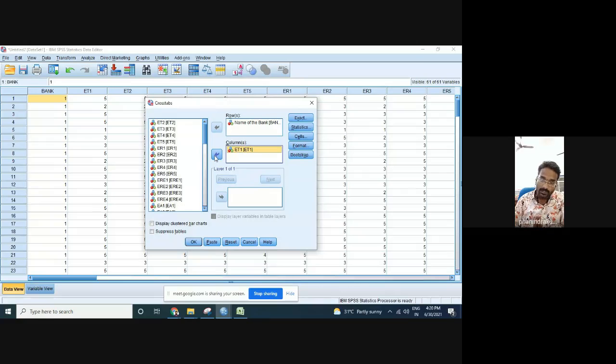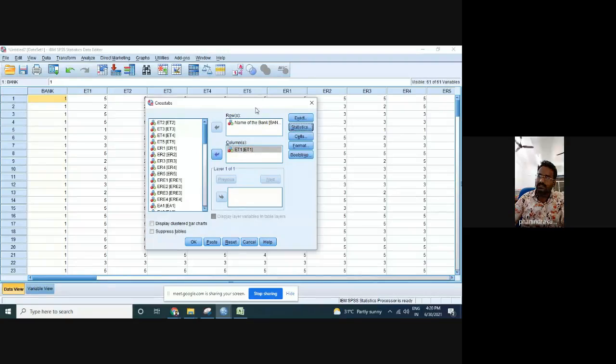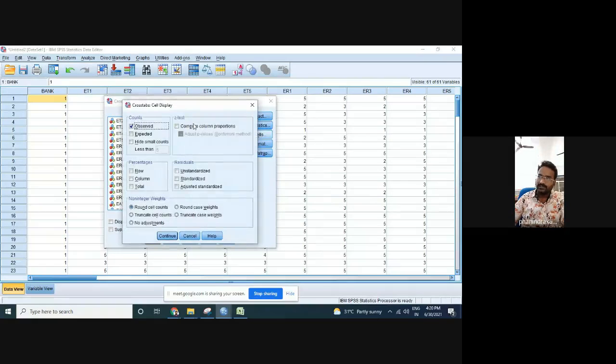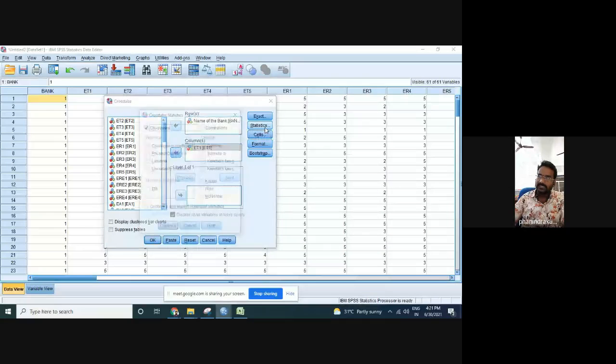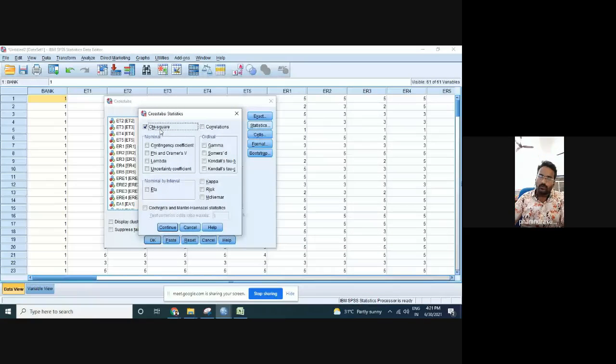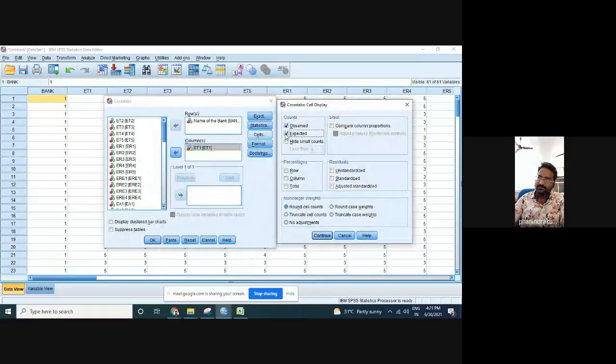That's why it's better to remember this. You need to identify the observed and the expected variables first, then only move on to the chi-square. Then click on chi-square, then continue, and then go to the Cells. Generally what people do is click on chi-square, click continue and click OK. But it is better to go for the Cells option here and just select observed and expected.